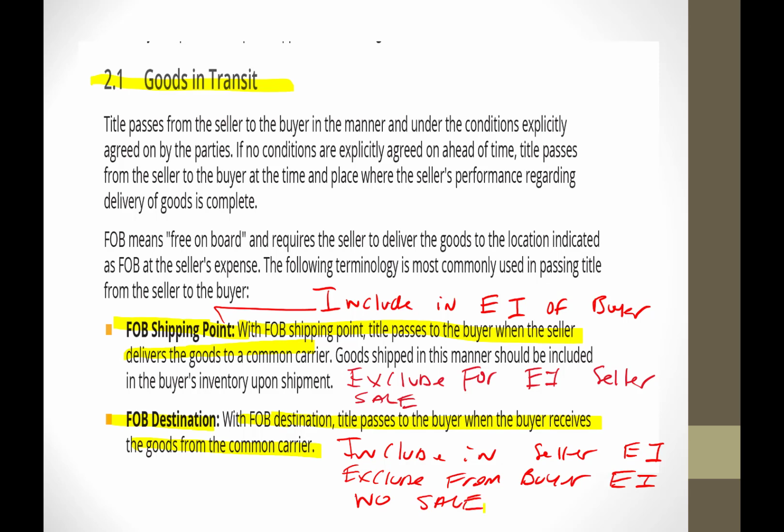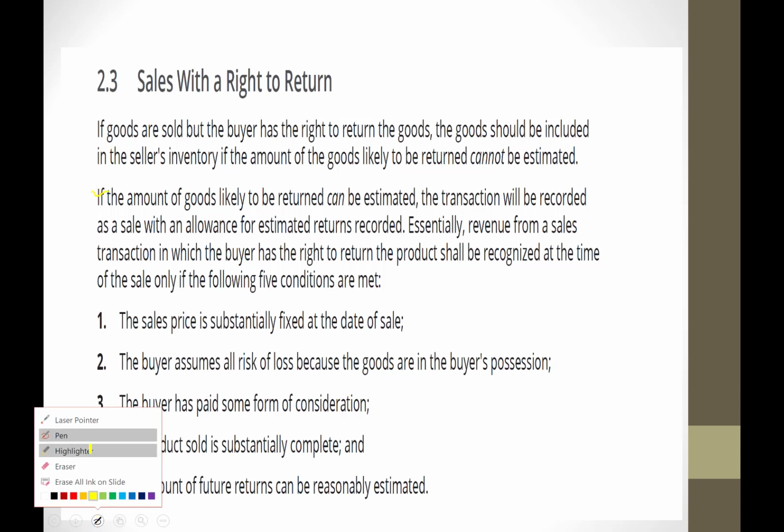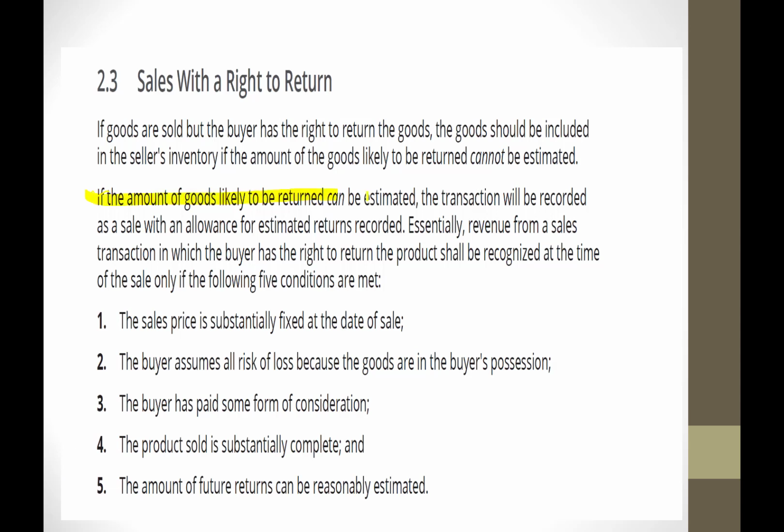Okay? All right. Things I think you know, but you can write those couple things down to help you see some of the key points there. All right, good. Now we come over, and if we have a right of return, because we're just assuming that the goods are going to be shipped, etc., and we're not considering the potential that there'll be some return. Now, if there is going to be a return, and the goods are likely to be returned, GAAP requires now, and this is something that we talked about under the revenue recognition requirements, require that we go ahead and